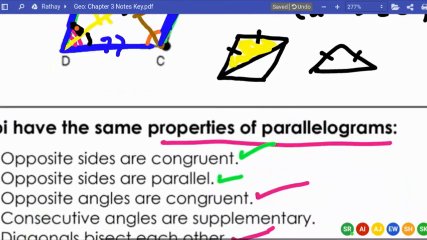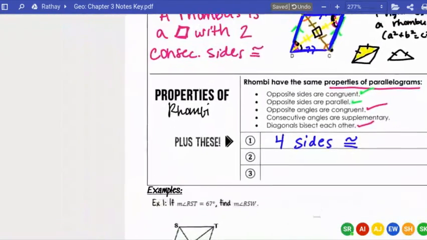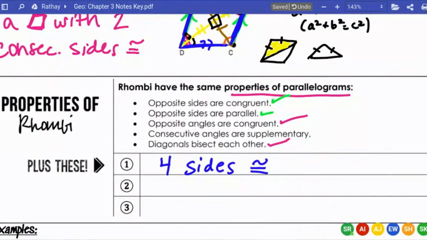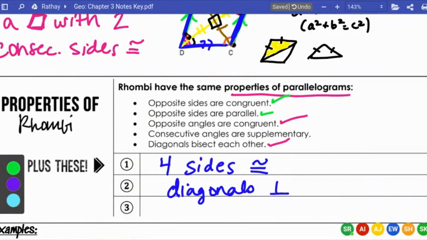So the two extra properties we have of rhombus are that the diagonals are perpendicular and that the diagonals bisect the angles. So those are properties that we can use to